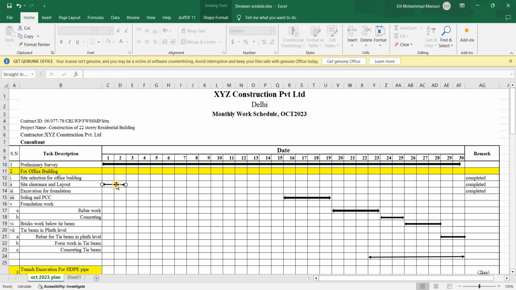If this one is going to take place, suppose I completed this one in the previous month, so I have written completed. Excavation for foundation, suppose this one has also been completed, so I have written completed. Like soling and PCC need to be done. So for this, I have